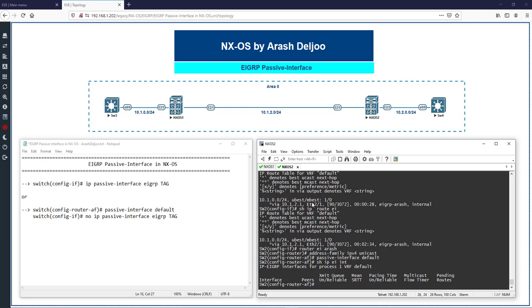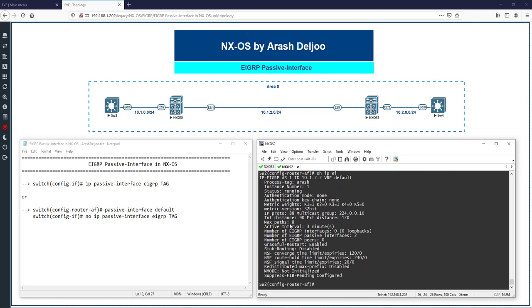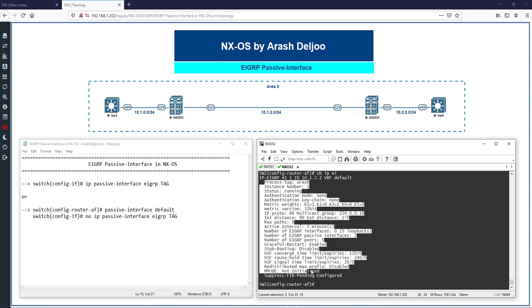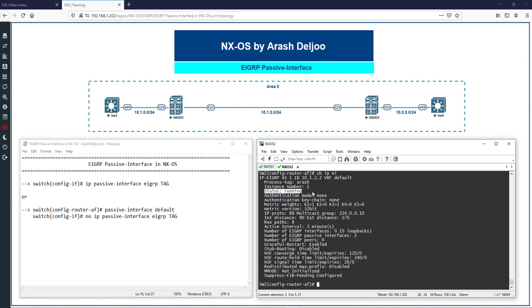It shows us that all of the interfaces aren't available here because we converted all of them to passive. And also show IP EIGRP, in show IP EIGRP, okay, maybe we can find some feature about the passive interface default. Look at here. As you can see, the status is running, means EIGRP is running, but EIGRP passive